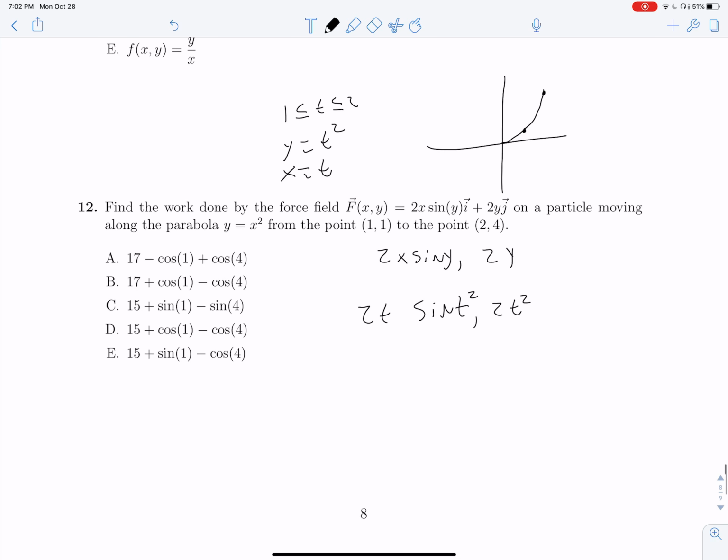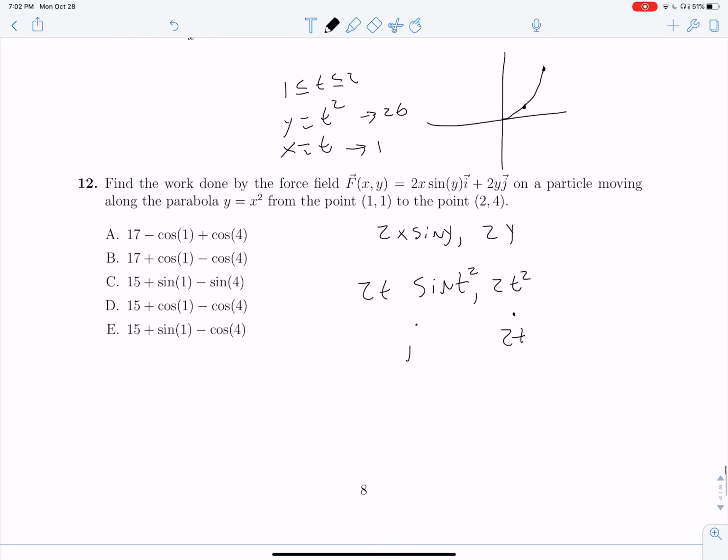And now we got a dot with the derivative of these guys. So this guy's derivative will be 2t, and this will be 1. So we're going to get an integral from 1 to 2 of 2t sine t squared plus 4t